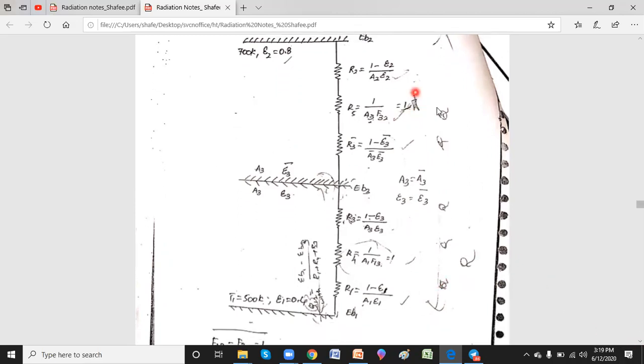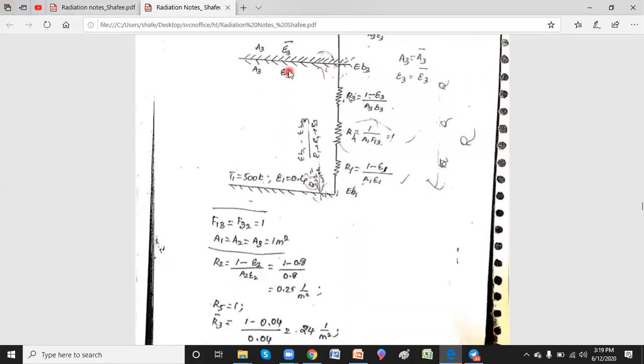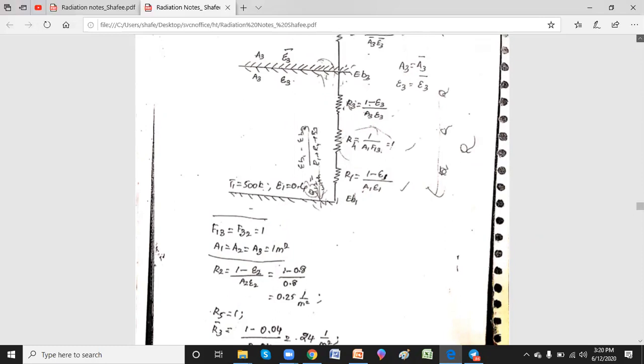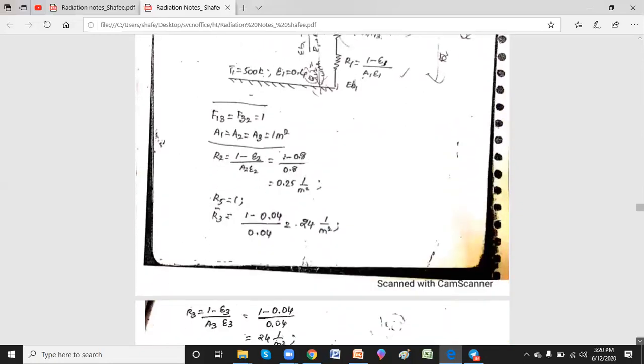And these are the resistances. I said how to list them out. This is the way you can list out your resistances. Now you can see, obviously these two are also parallel infinite plates. So 1 to 3 or 3 to 2, that's also equal to 1. And A1, A2, A3, everything is equal to 1 meter square. So you have all the values now. Just find out R1, R4, R3. Next you have R3 bar, R5, R2. So try to find out everything by substituting the values of epsilons, areas, as well as shape factors.